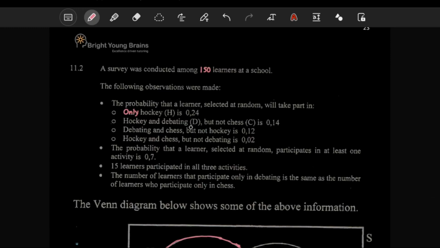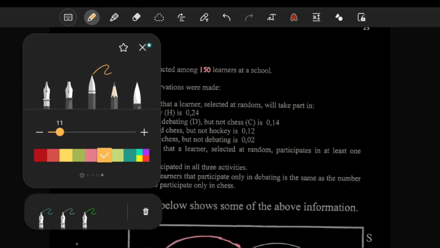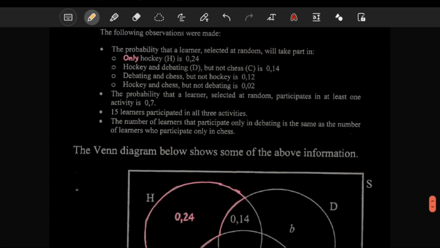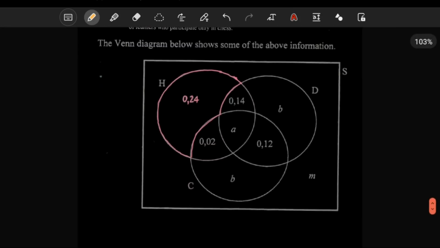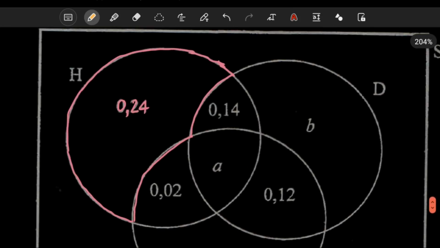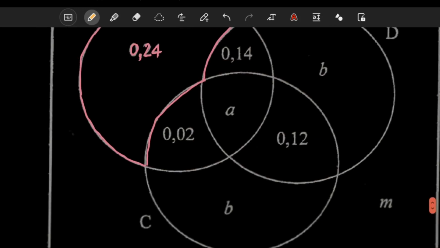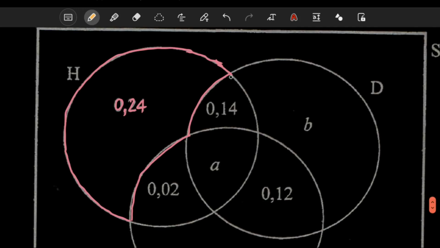People that do hockey and debating but do not take chess, that's 0.4. So where hockey and debating meet, excluding chess, let's see, you see here, only hockey and debate but not chess is the 0.14 over there. So let's see, you see where hockey and debating meet, excluding chess. You see, that's just this section over here,